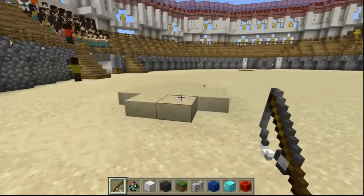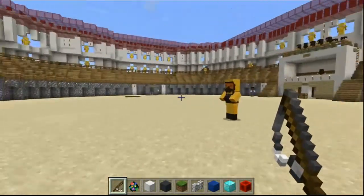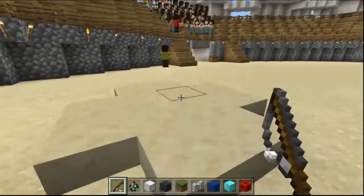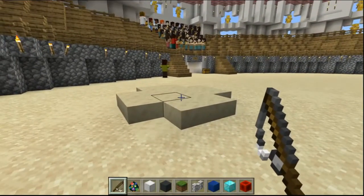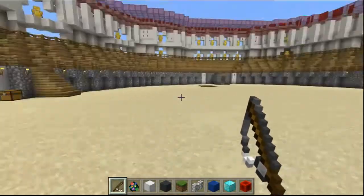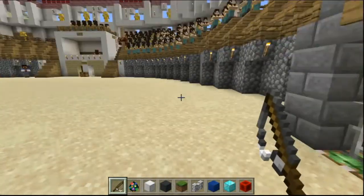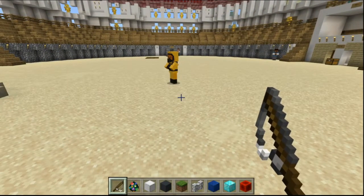Throughout time, historians wondered how exactly they got animals into the Colosseum in the middle of shows, and it is largely believed now that they used a form of an early elevator to do so, which is right here, and I will show you what that looks like underneath the Colosseum, because below the Colosseum surface were chambers for gladiators to stay, chambers to hold animals,